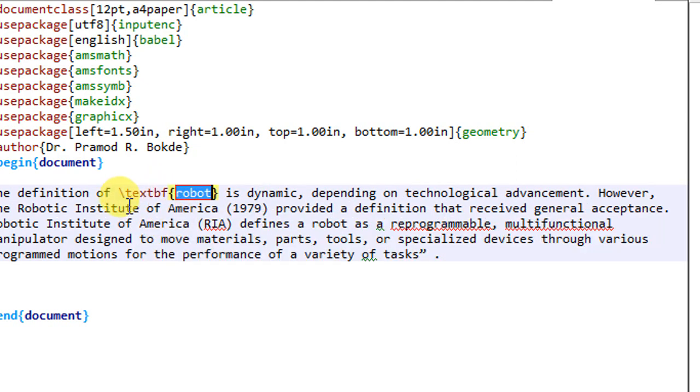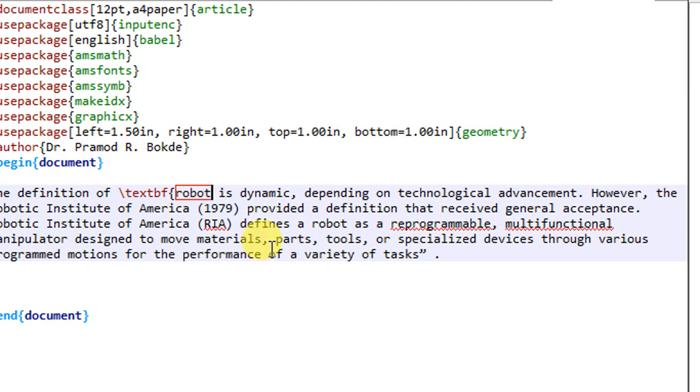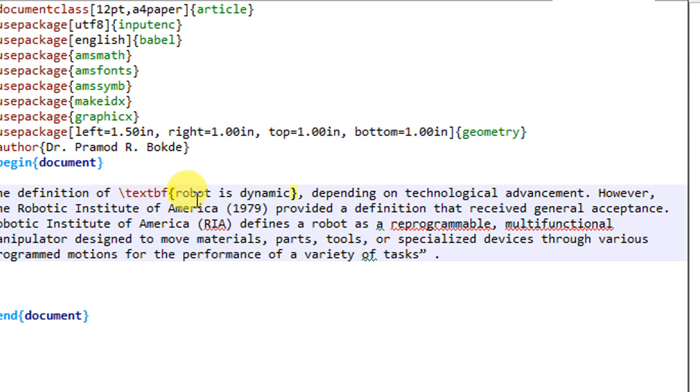The command is \textbf and inside the curly brackets I have the text which is to be made bold. Here I have considered a single word. If you want to include some more text, I will remove this right-hand side curly brace, and suppose up to this point I have to make it bold. So I put the command textbf, and inside the curly brackets we have the text which we have to make bold.